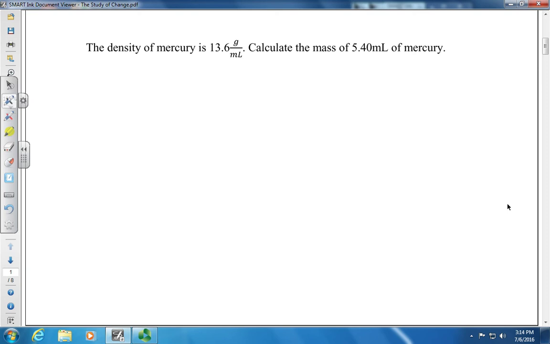So in this problem, we find that the density of mercury is 13.6 grams per milliliter, and we are going to calculate the mass of 5.4 milliliters of mercury. So what are our givens? Well, our givens include density as equaling 13.6 grams per milliliter, and our volume is 5.40